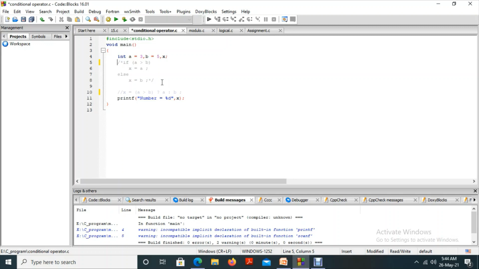If you want to hide a particular set of statements from the compiler, then you can use it like this. Suppose I have to hide statements from statement number 5 to statement number 8. Then I will put slash, then star, and where you want to end that comment, there you put star, then slash.